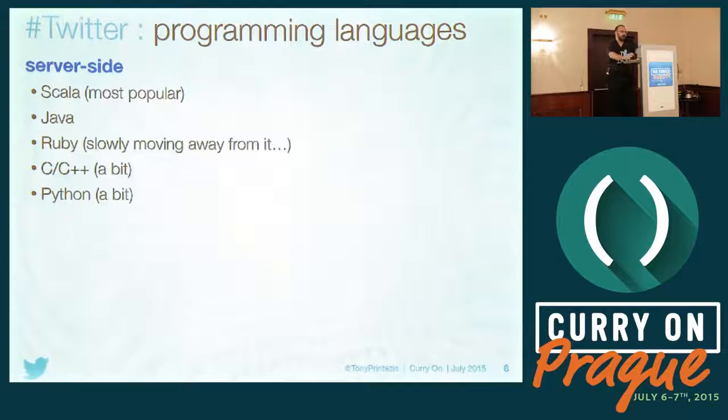It's not only this, but these are the most popular languages. Of course, there are also client-side languages like JavaScript, etc. I'm talking about server-side here, okay? But what you get out of this is that the majority of the stuff runs on top of the JVM, whether it's Scala or Java. So it's very nice. It keeps me in business.